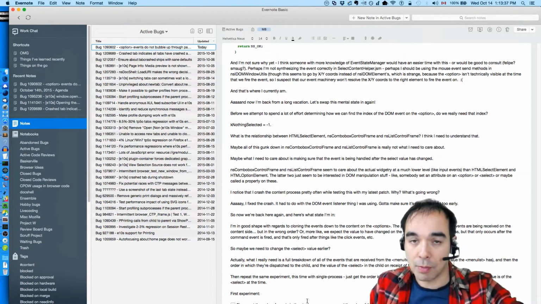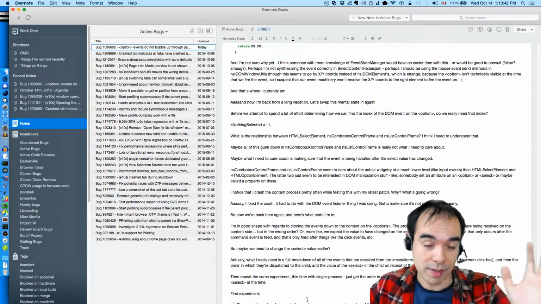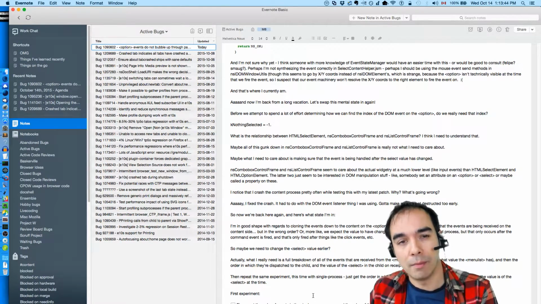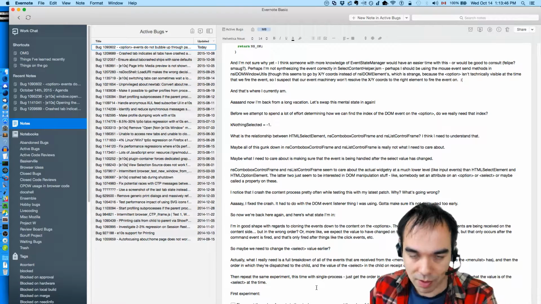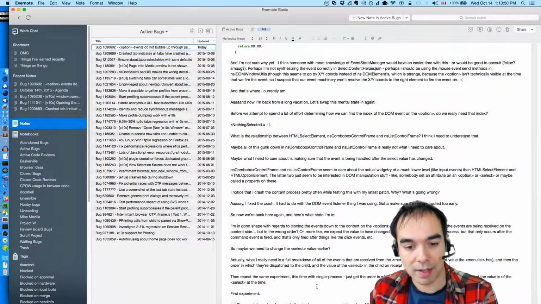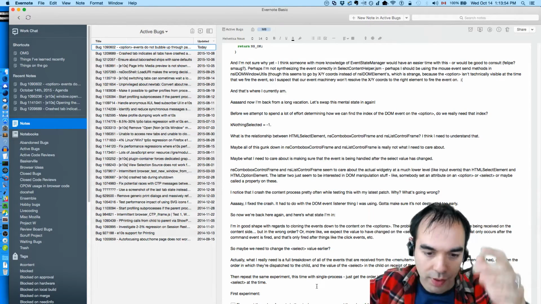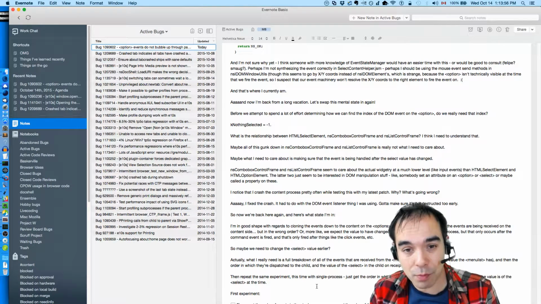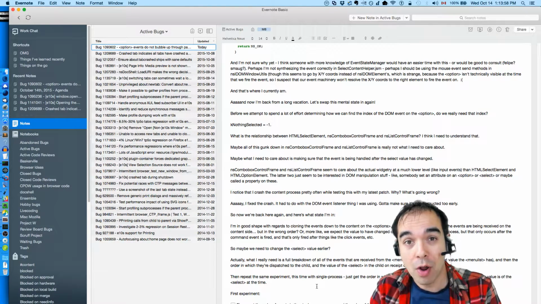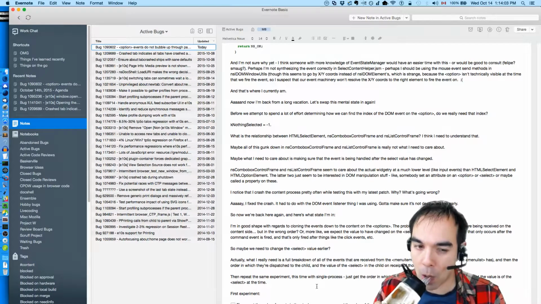And then we'll do the same thing for the multi-process case, which will be slightly more interesting because we actually have to do it twice, once in the parent, once in the child, because we're doing the synthesizing and we want to make sure that's occurring in the right order. Pretty sure it will, but best to check. And then we'll compare and we'll see where we're screwing things up. And if the answer is that we're sending the events down in the right order, well, we've got ourselves a mystery, and that's interesting. I do like a good mystery.